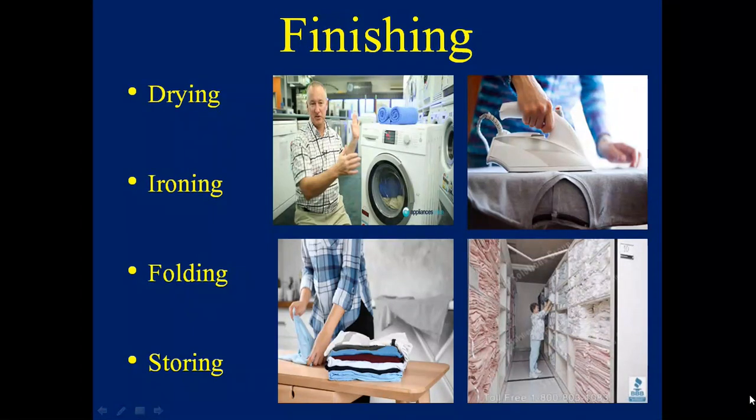Drying: dry the cloth with the help of a dryer as per the cycle or the program. Then if it is required, you can send it for ironing. Flat press ironing machines are present inside the laundry, and then you can use a sleeve press, a collar press machine, and a folding machine. There are any number of machines which are required for the finishing process.